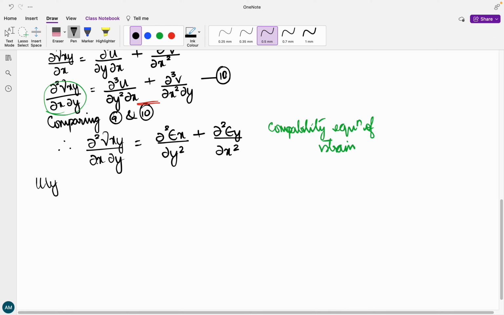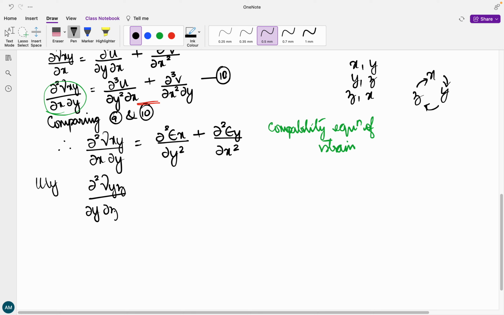We have x, y, x, y. We always write it like this. X comma y, y comma z, and then z comma x, because x, y and z are in a cyclic order. Okay, the same cyclic order I've considered. So similarly, for the next it is y and z. So ∂²γyz by ∂y∂z is equal to ∂²ε